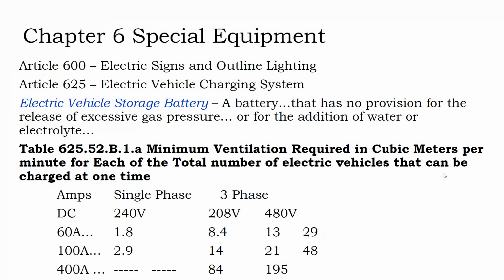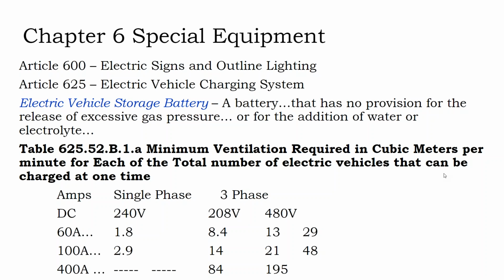So Chapter 6 is a section for equipment that is peculiar, specialty equipment that might have its own rules. Maybe devices are on low voltage circuits, and so they might not need the same protection requirements as higher voltage circuits. Here we have a section for electric vehicle charging systems,